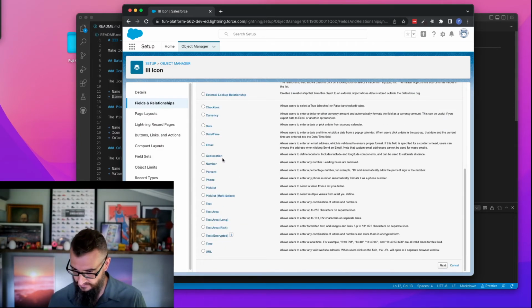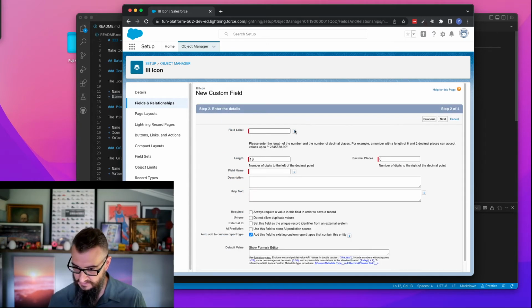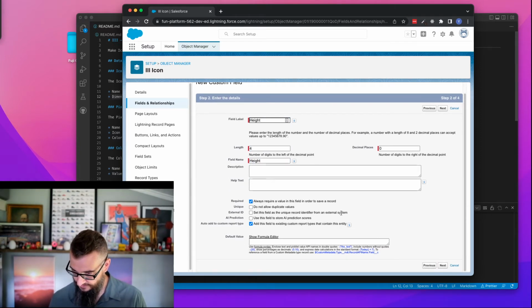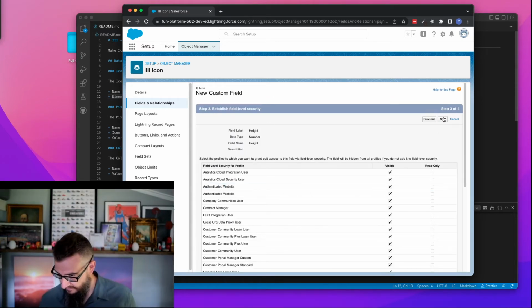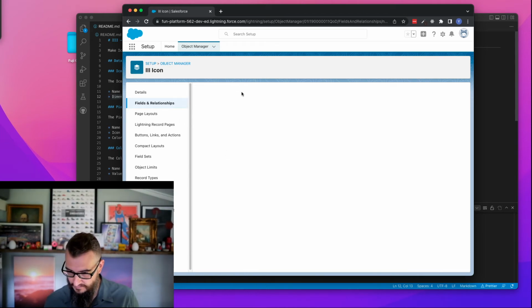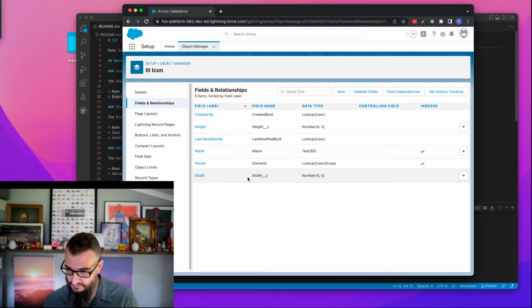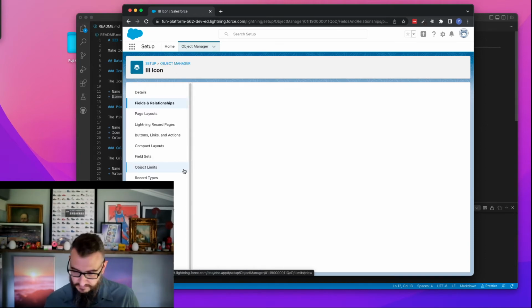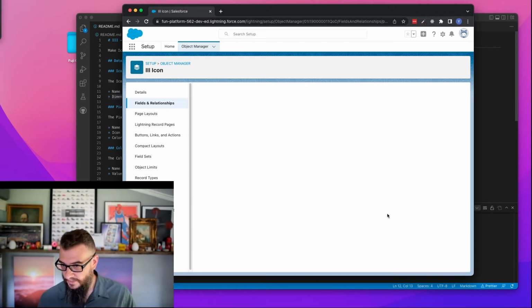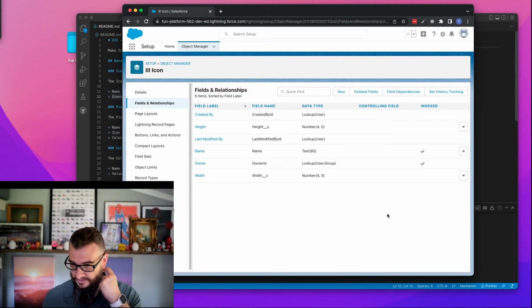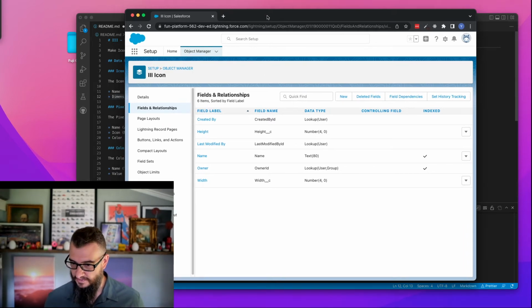And then let's do another number. This will be the height. These really should be required. I'll go back and fix that on the other. Save that. Fix our height so it's a required field. Okay, so now we can define an icon, make a record for that, and we know the